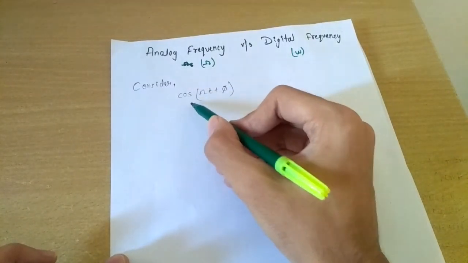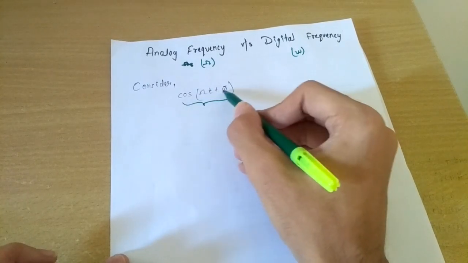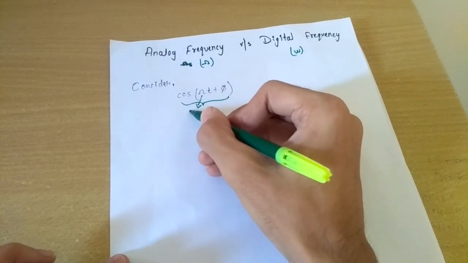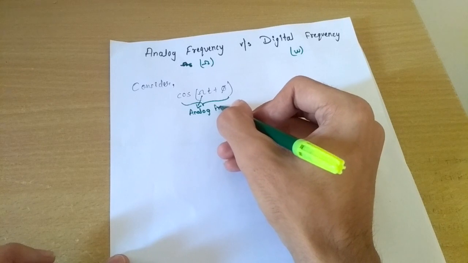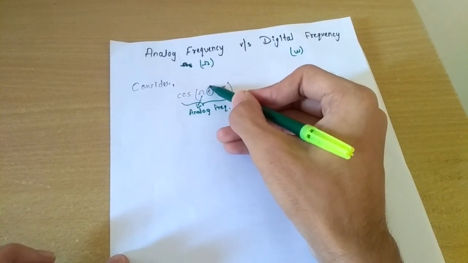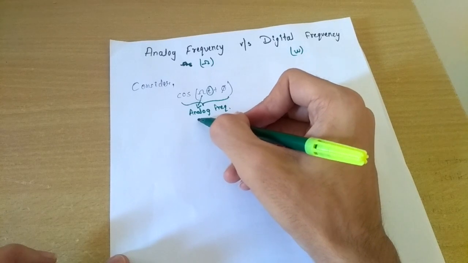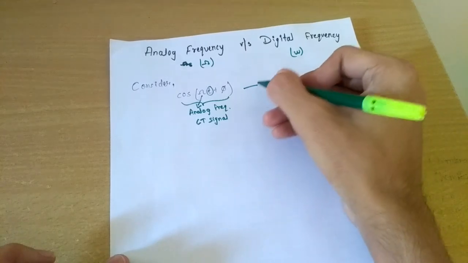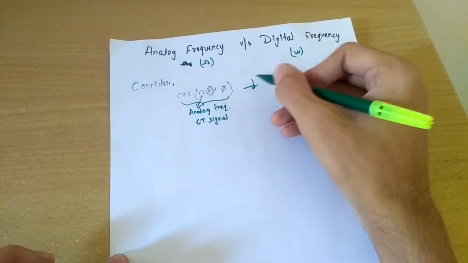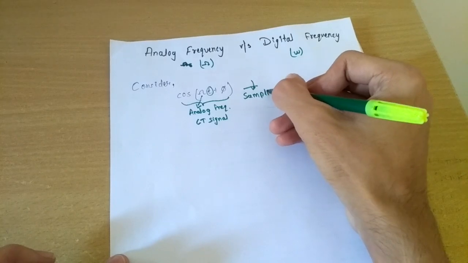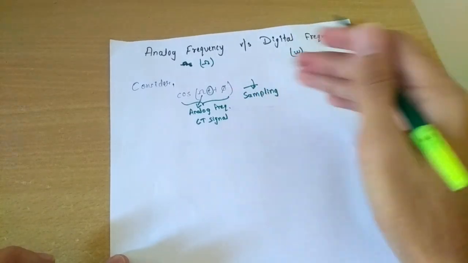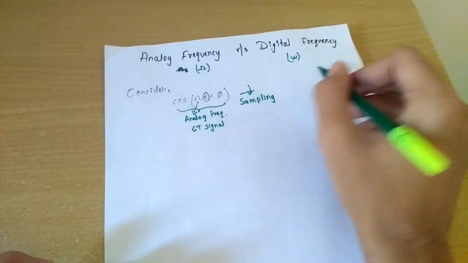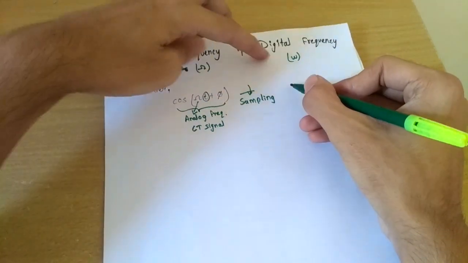So consider this signal cos(Ωt + φ), where this Ω is in the analog domain, right? It is the analog frequency. As you can see over here, we have t, which is our time domain, so it is a continuous time signal. Now let's have sampling. Consider that we have done some sampling process. As we know, we convert from analog to digital by sampling and then quantization. So let's say we have done both sampling as well as quantization, and we are left with the signal